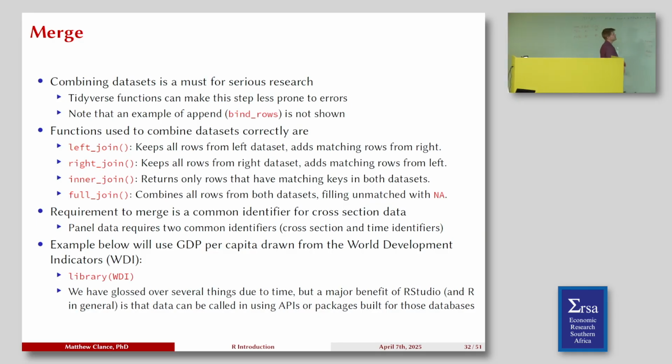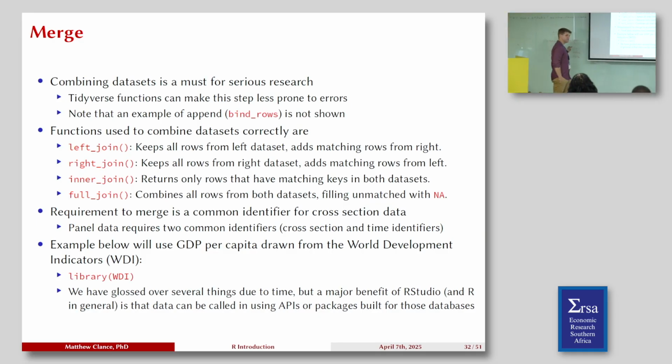So in this way, that was for reshaping or pivoting. What we do also have here are merging. Now, if you're not having any merges whatsoever, that's kind of strange because basically no data set is really complete unless it really is the primary data. We need to add in information from other places, country information, city information, whatever it is, that combines it with the data set that we're using. So a lot of times when we do that, we can use various forms. One is left join, right join, inner join, full join.